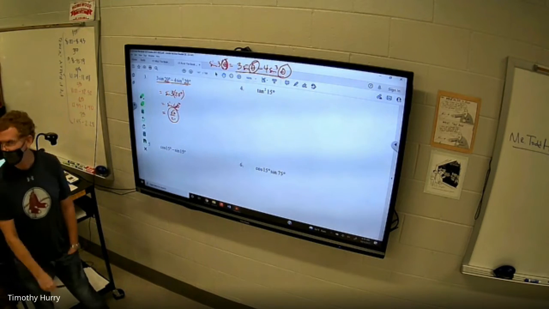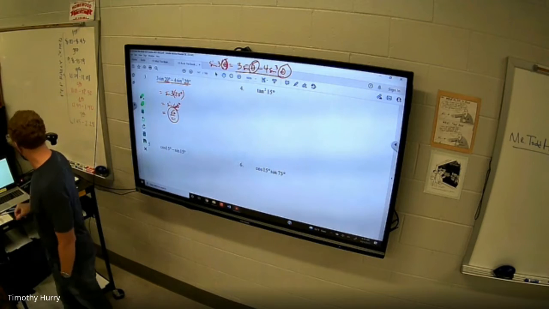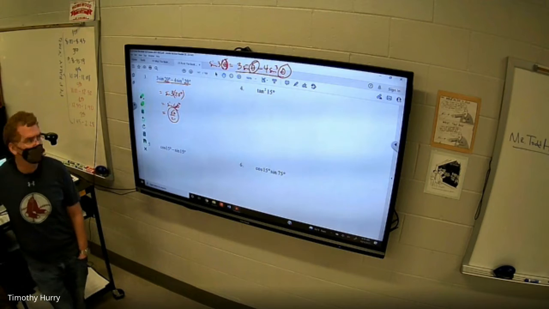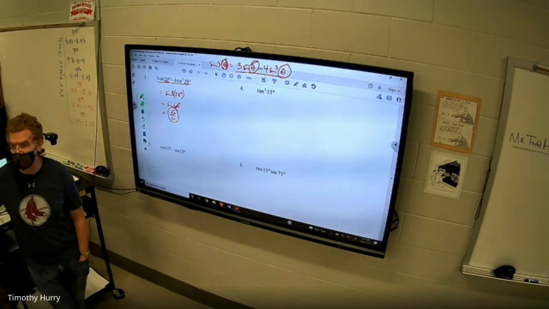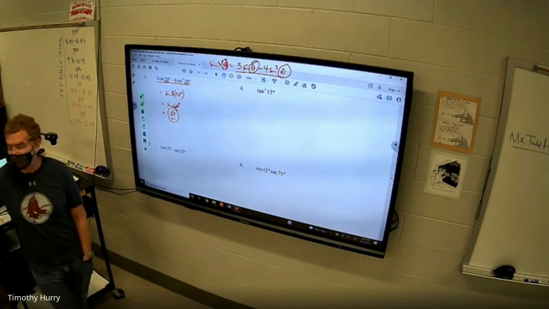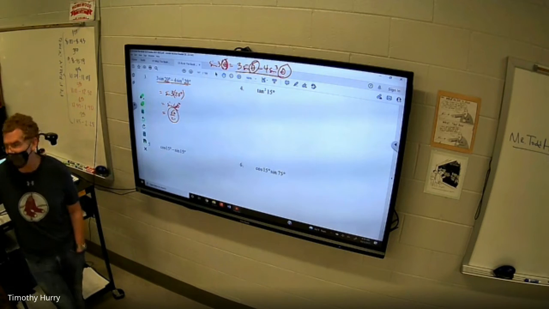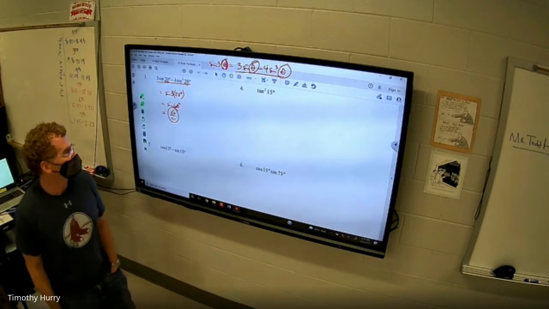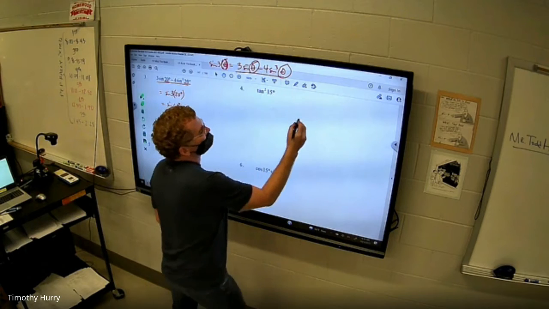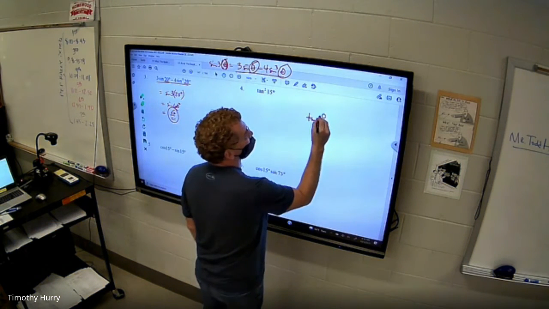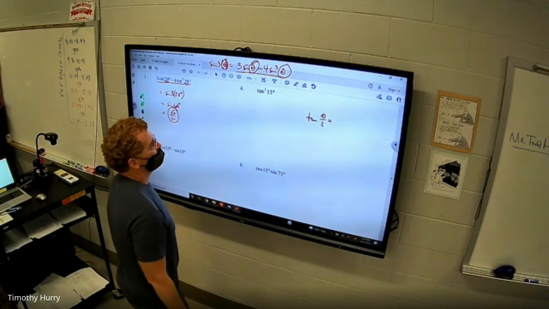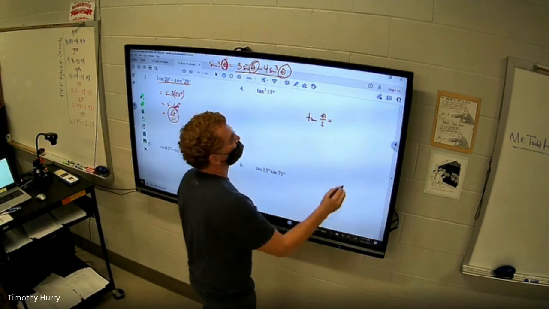Tangent squared 15. Look familiar? If you're hyper-focusing on the tangent of 15, yes, you could do a half-angle identity here. The power-reducing formulas literally are the reason that half-angles exist. So literally, if you take tangent of theta over 2, what is your half-angle identity